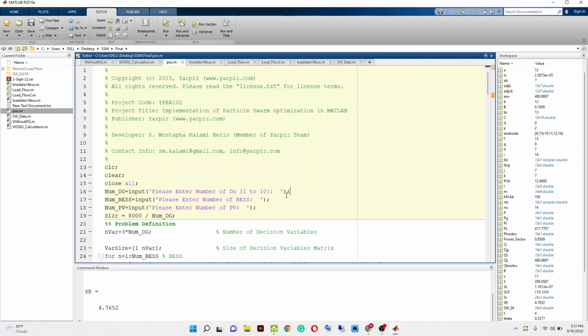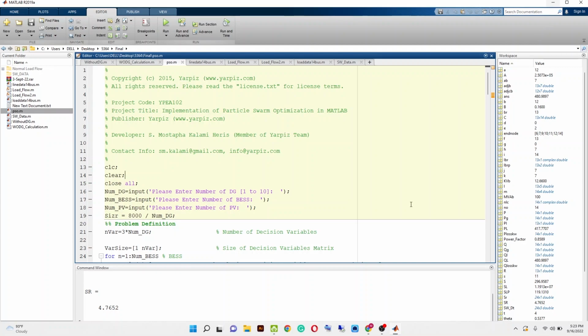For example, if you want to choose only 5 PVs without any battery storage system, then you have to put 5 as